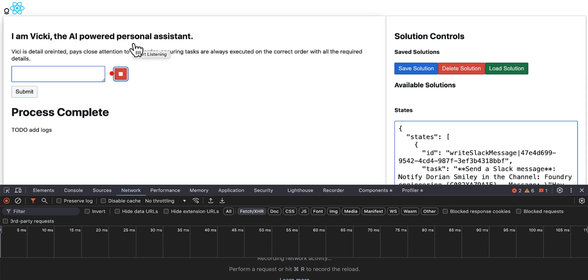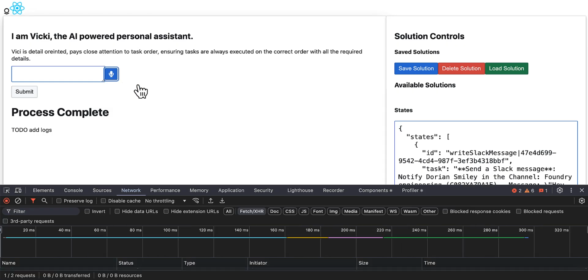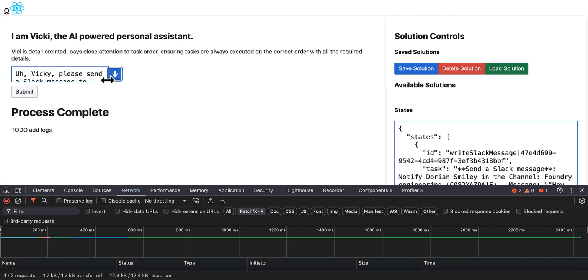Vivki, please send a Slack message to Dorian in the Foundry Devs channel, letting him know that the video for DevCon recap will be out later today. Also send an email to Connor, letting him know I'd like him to watch the video before it's released. And then create a task for Dorian to go ahead and create a script that demos this app for the rest of the team. And so I'm going to stop recording there, and what we're going to get is the